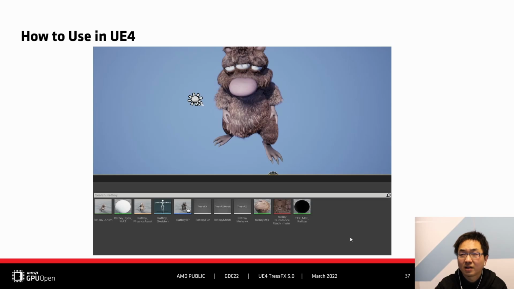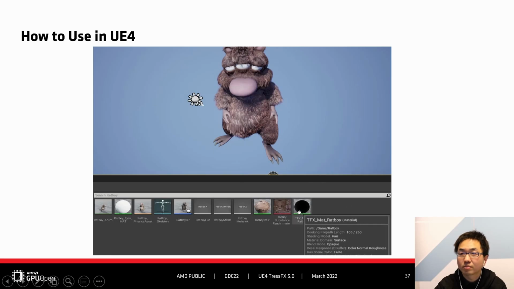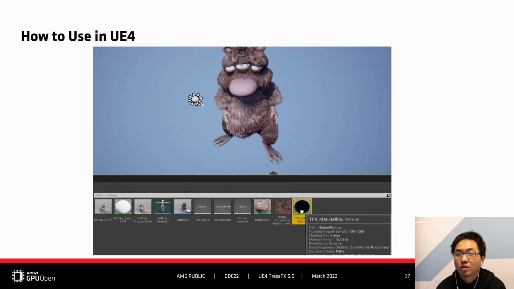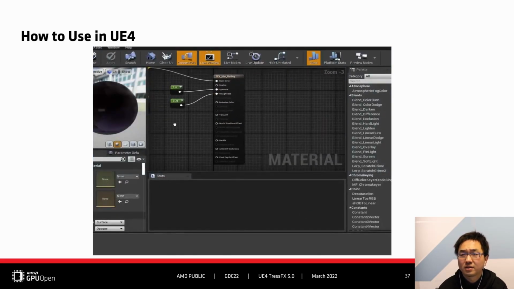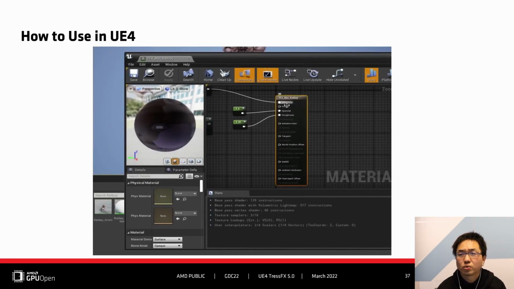At last, I'd like to show you a short video in UE4. Open the Ratboy material, click the result node, and set shading model to hair.